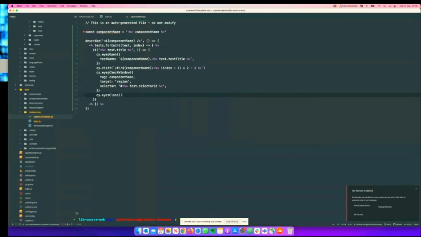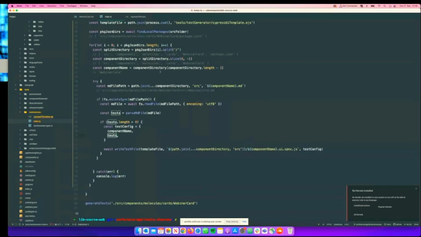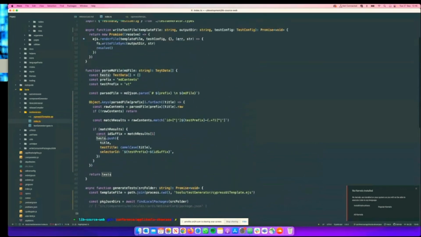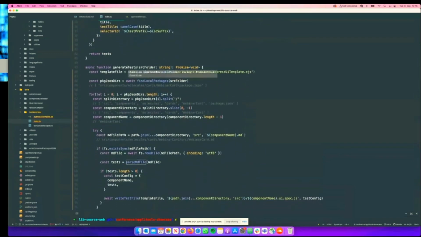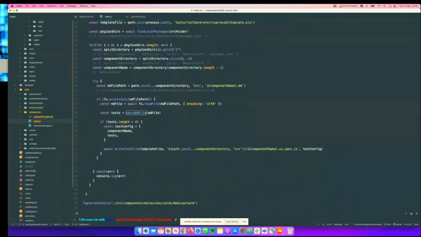So basically it's a very straightforward loop of tests here. So now this is the moment of truth, so I'm going to stall for as long as I possibly can on this. We've got our write test file up here. We've got the parser here, which reads through the markdown file. And then we've got our test generated down here. And then we are running it at the bottom. So we've already got the script set up in our root package JSON. So now if I run yarn visual tests generate,